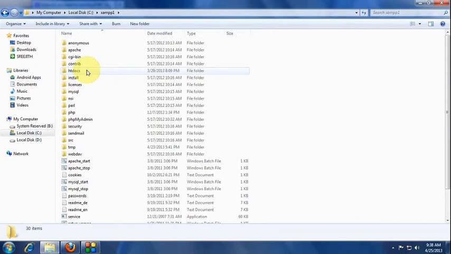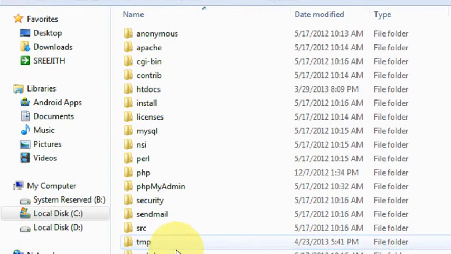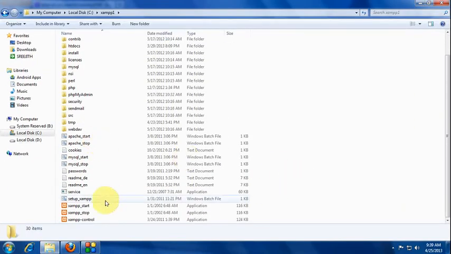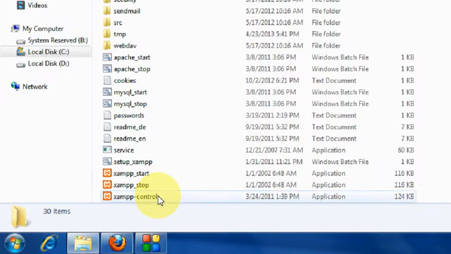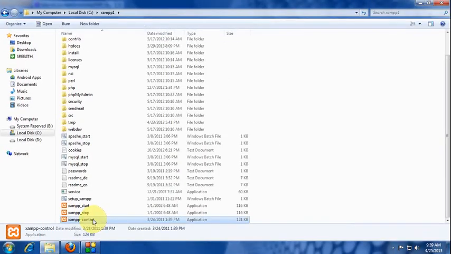All the files which are needed for PHP will be stored in htdocs. This is the folder where all the PHP files will be written. Now to start the server, you want to click on XAMPP control. Double click on it.